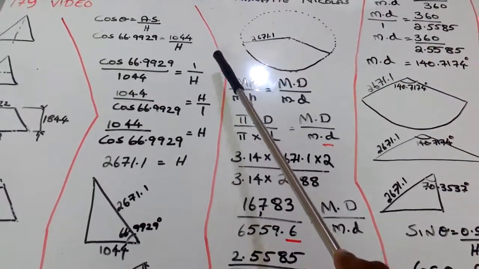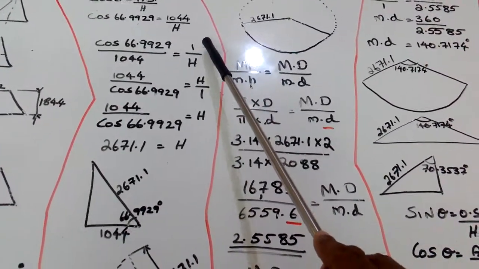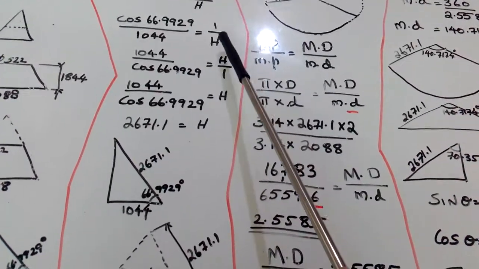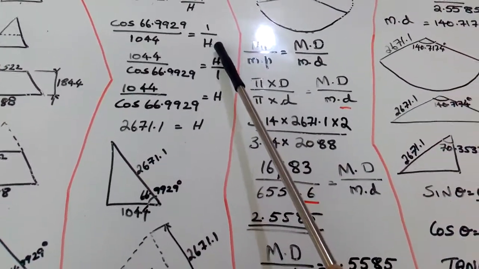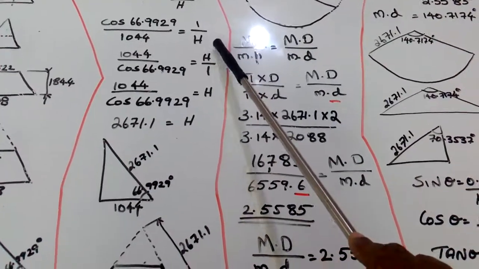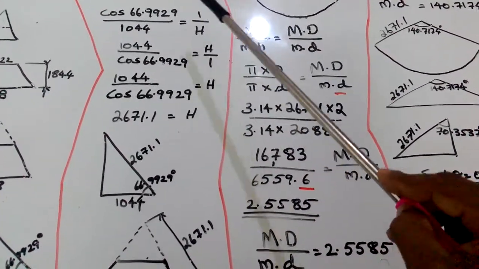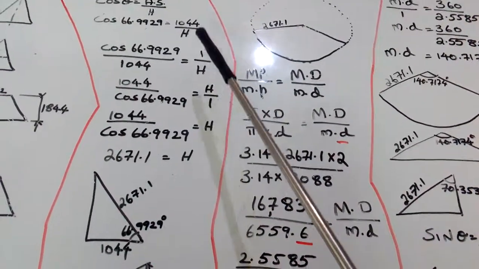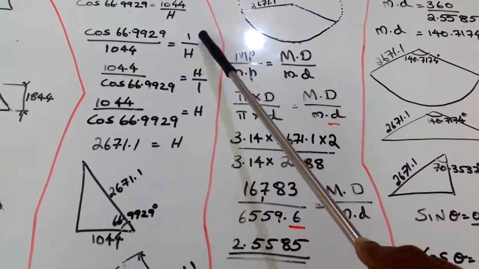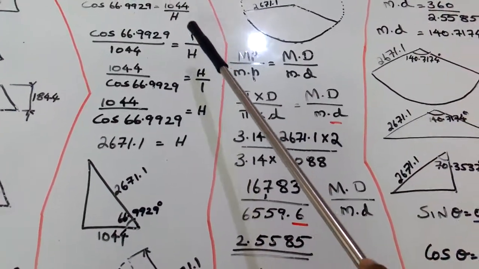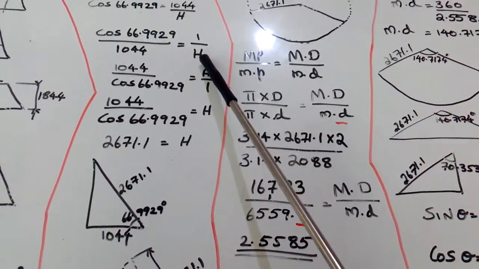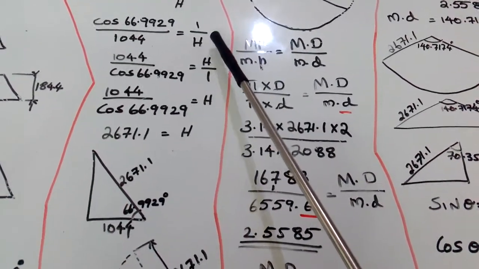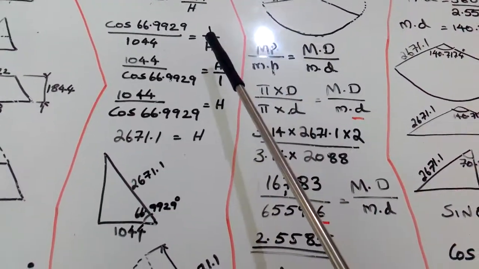Okay, now there is no need for us to find out 1 by h. We have to find out h. We have to find out hypotenuse. For that purpose, what we have to do? We will have to turn it from here to this side. It means if it is in bottom side, it has to reach in top side. If this is in top side, it has to reach in bottom side. If we just change its position from top to bottom and bottom to top, same